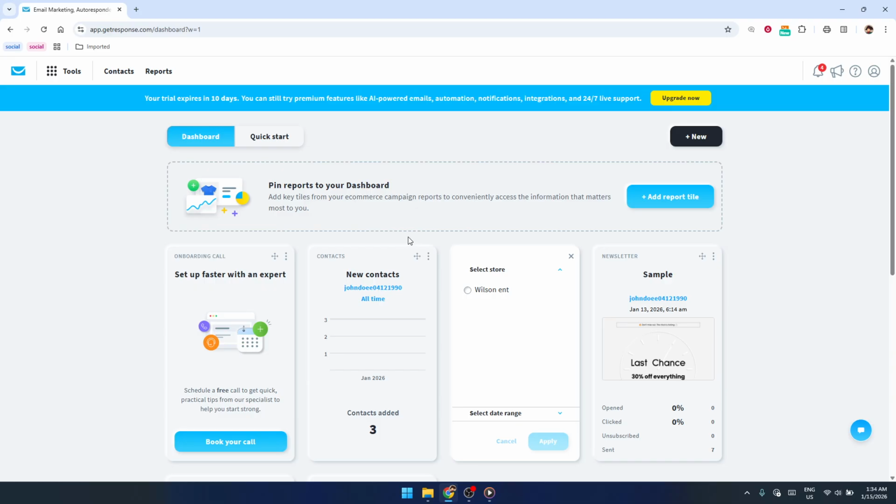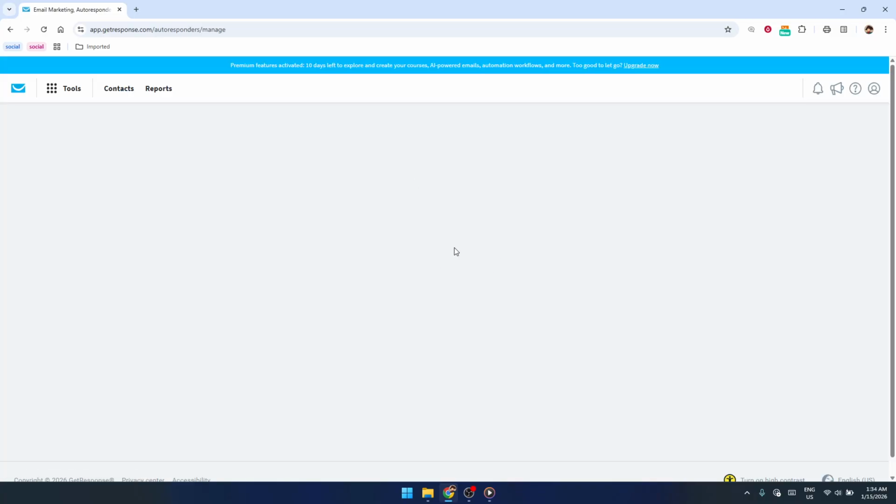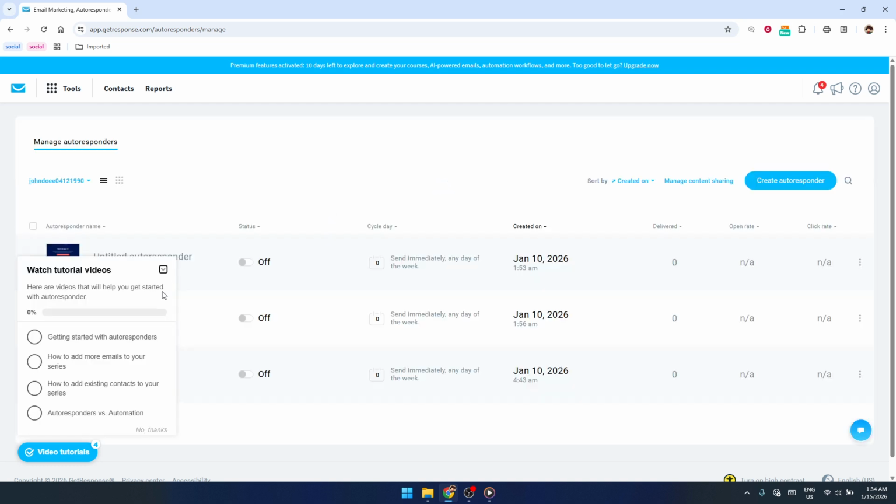Let's start from inside your Getresponse account. First, open the email you want to work on. This could be a regular newsletter that you're sending one time, or an autoresponder that goes out automatically as part of a sequence. Go to your list of messages, find the draft you want, and open it so you're inside